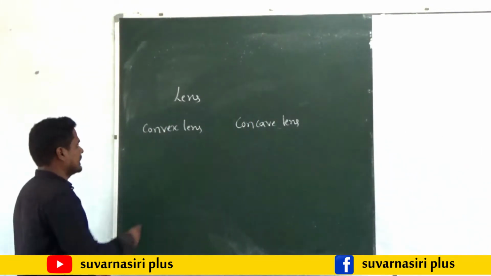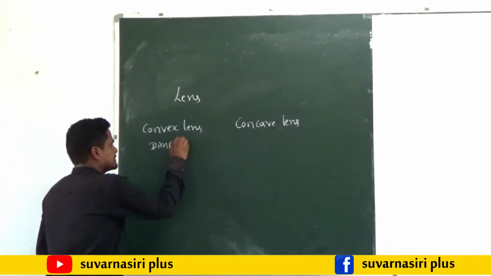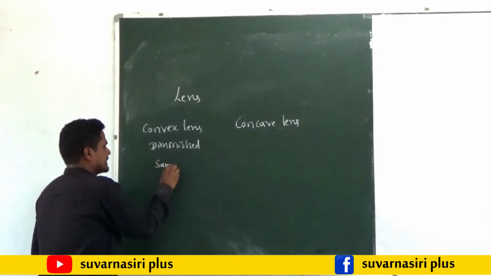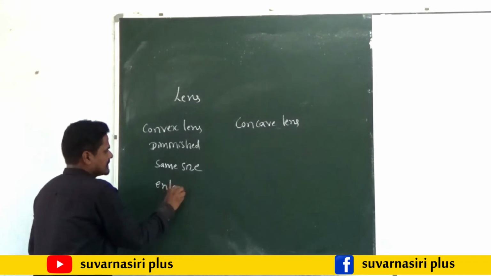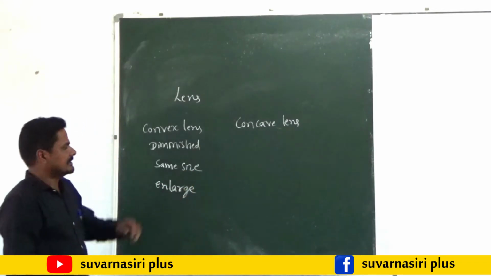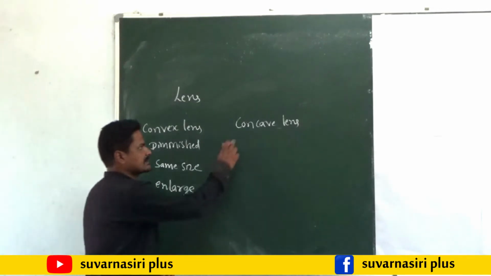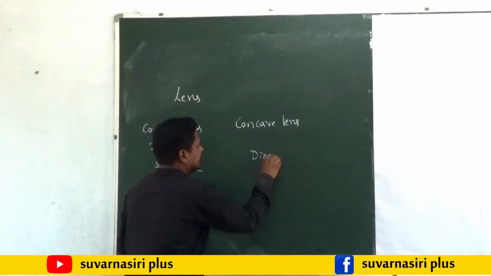This one we have to understand. So it can produce diminished, and next same size, and next enlarged. But in the case of concave lens, it produces only diminished